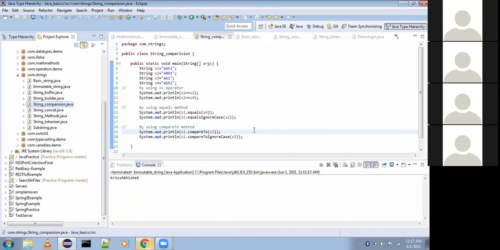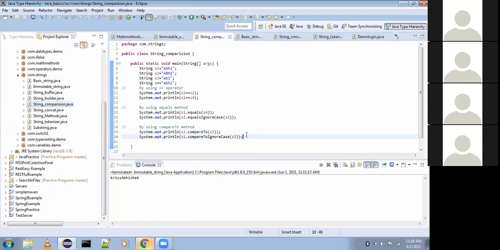Sir, I think here it takes the indexes. See, for Abhi in S1, it has 4 characters. In S3, it has three characters. So it basically compares both of them. And there is one extra character in S1. So when there is an extra character, it gives you one more index. So it's 1. And you have one less if it's AB, that will give us -1. I understood like that. I don't know if that's correct.